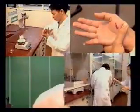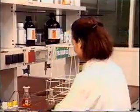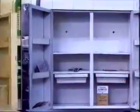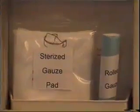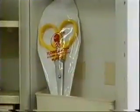First aid. Accidents involving injuries can happen in the laboratory at any time. A first aid box like this is useless. A properly filled first aid box contains Band-Aids, sterile dressing in various sizes, antiseptic solution, disposable gloves, a pair of scissors,